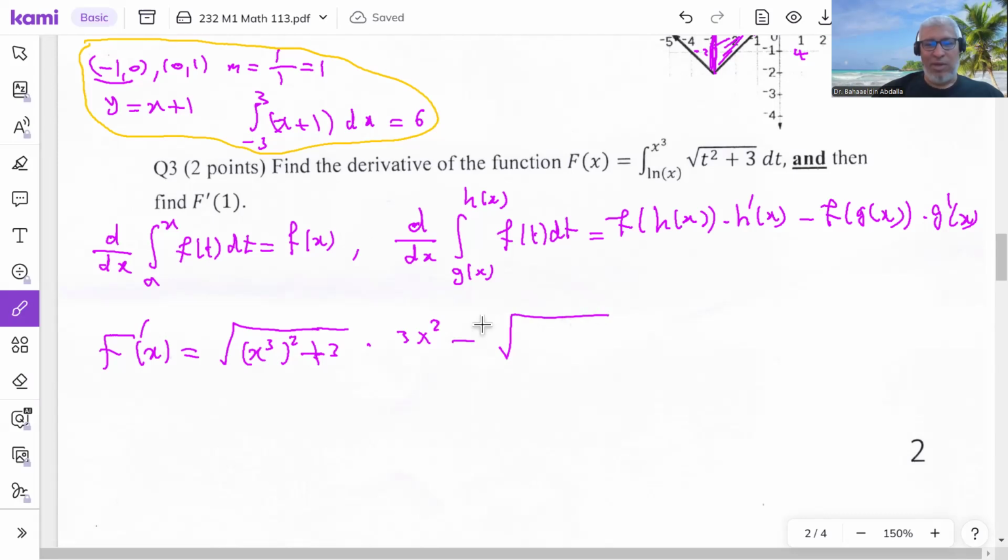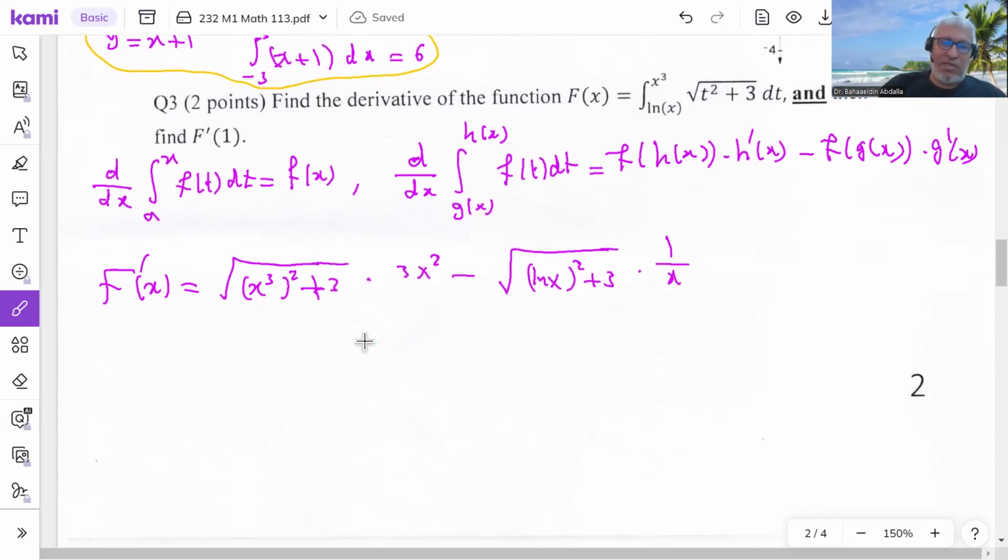I write the square root. But this time I replace t by the function below, which is ln x. So ln x squared plus 3. And I multiply by the derivative of ln x, derivative of g, which is 1 over x. That's the answer. If you want to write it in another way, you can write 3x squared first, and